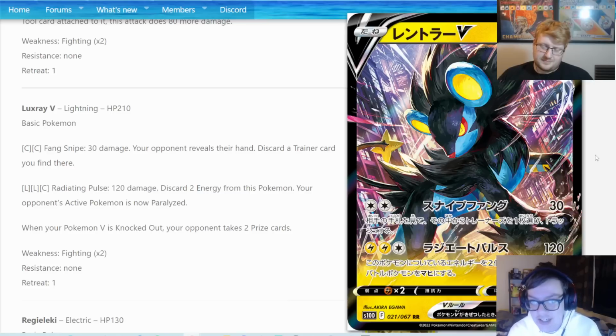You obviously can attach an extra Double Turbo or whatever to really reduce this damage, but it feels like that's way too extra to actually be something to go for, especially when they could just draw out of it. We do have, I think it's Orbeetle, that basically is